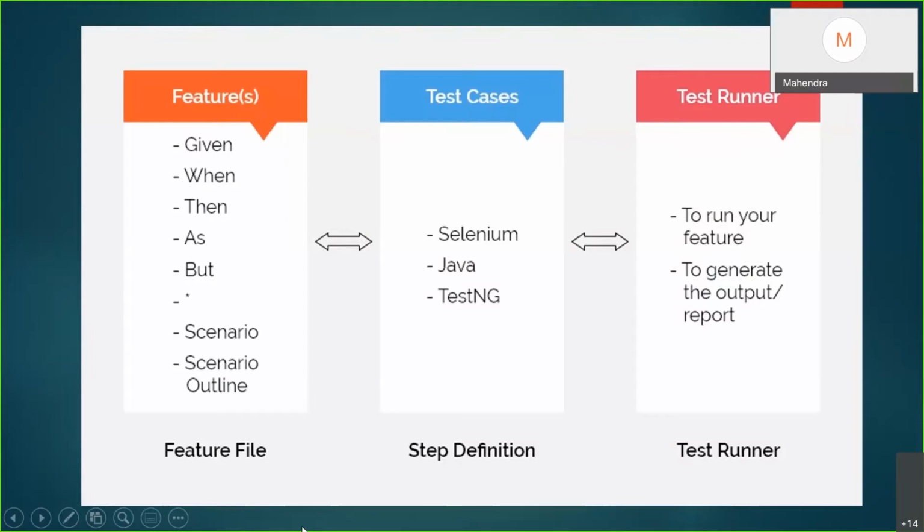And we use the keywords given, when, then, some of them. Based on the feature file, we generated a step definition using Selenium and Java. And finally, we ran our code using a test runner to generate the output and our different reports.